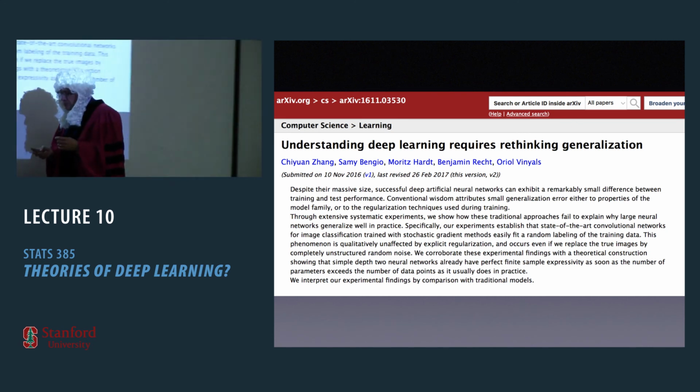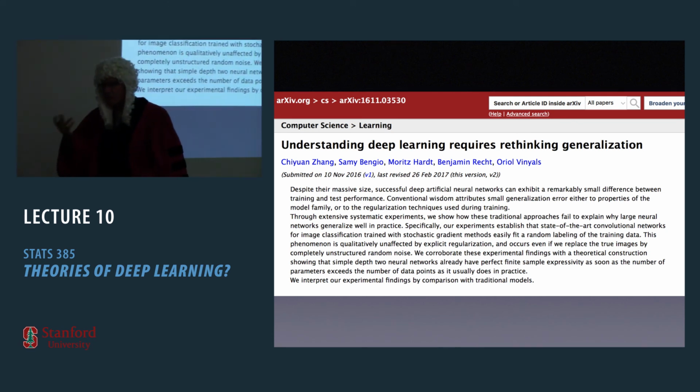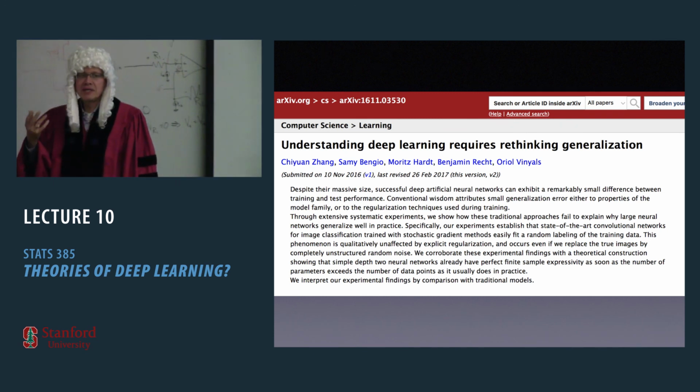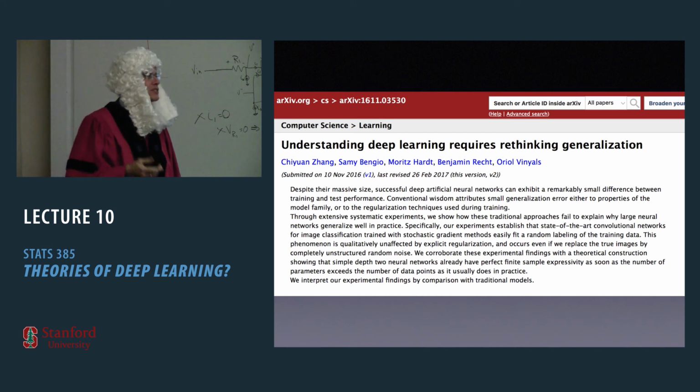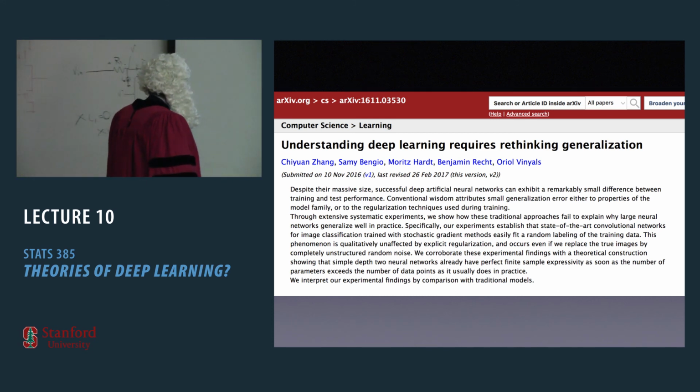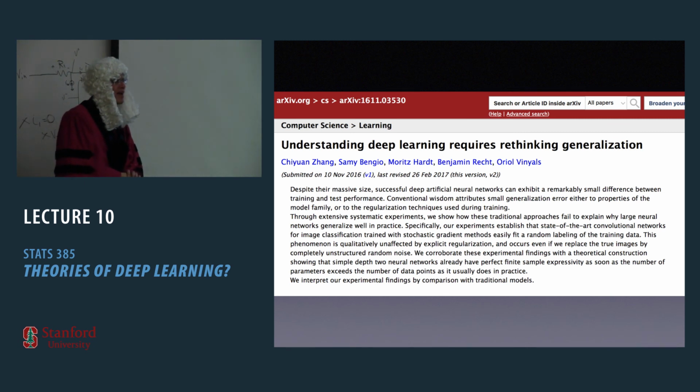Now, the reason that this is relevant is I want to point out that Ali Rahimi said many times he wants to see experiments. In fact, he said simple experiments, but experiments of any kind would be useful. We're starting to see that. And in fact, one of the most highly quoted papers in deep learning of the last year or two is this paper by Chiyuan Zhang, Samy Bengio, Moritz Hardt, Ben Recht, and Oriol Vinyals. Several of those names are pretty known in deep learning, and Ben Recht's name you heard earlier today.